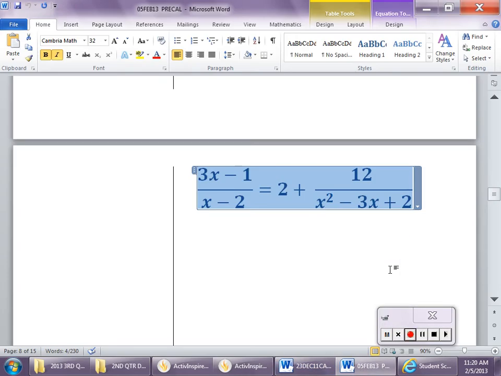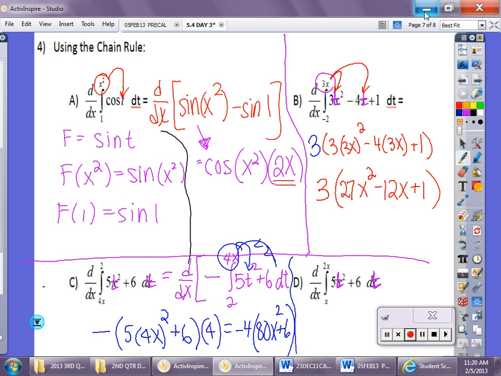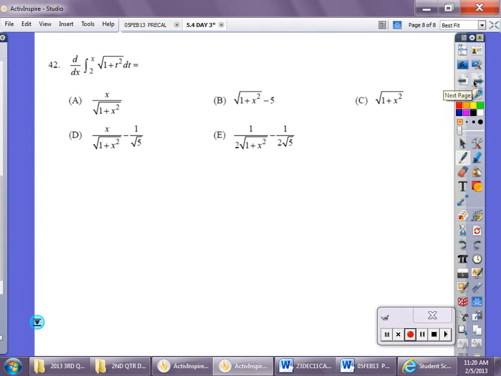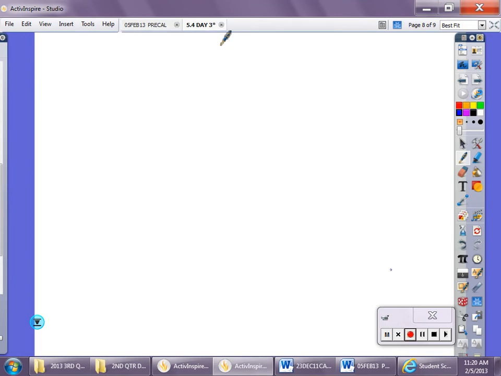And then we get this last one, and something's royally wrong with that one. There's 2 x's, so something is wrong with that. Therefore, we're going to take that problem, and I'm going to add it in here. It was the derivative of the integral from x to 2x of